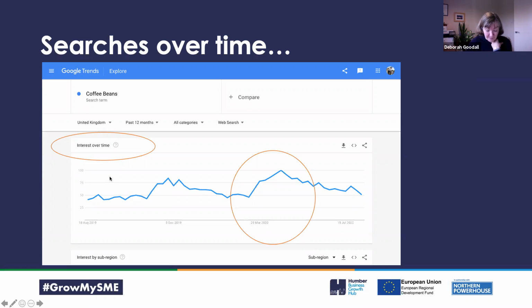So as you can see, this is 0 to 100 and it's an index rating. So it's in comparison to other searches that are taking place at that particular time. So it's not an absolute search level.